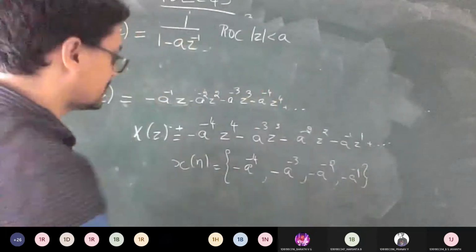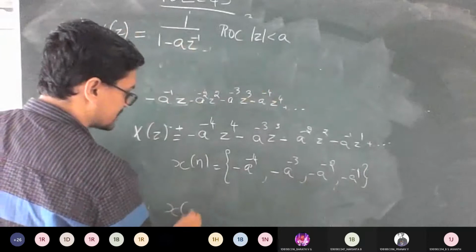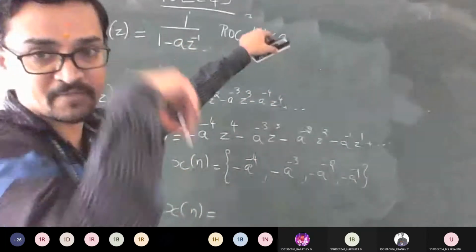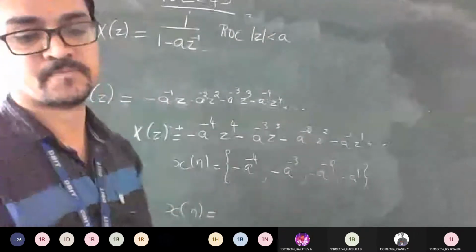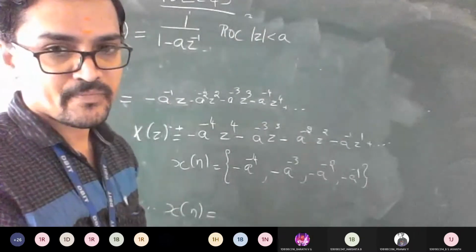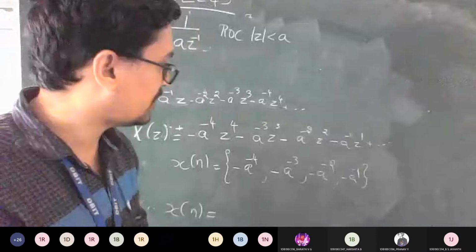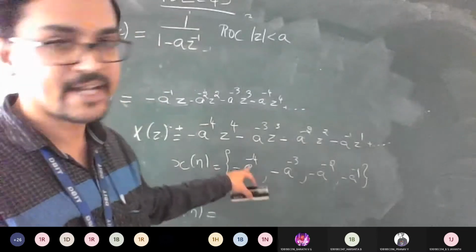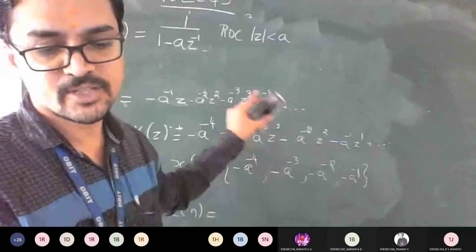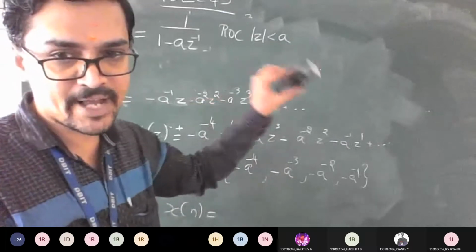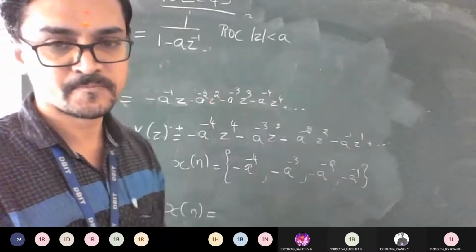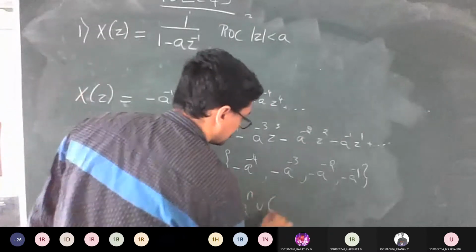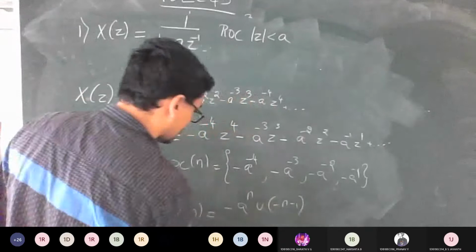Is it okay? So from this, what's the conclusion, guys? What is this answer now? So for less than a, I hope you remember the formula, what you got for less than a. You can see u of n is towards negative side. So you should get u of minus n minus 1. What is a? It is like a power minus n. So is the answer minus a power n into u of minus n minus 1?